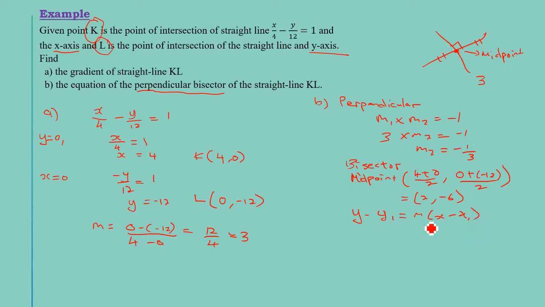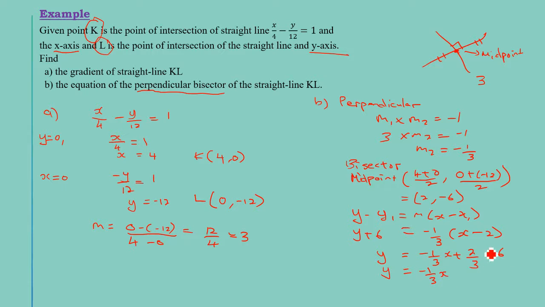Okay, now let's put it in. So y plus 6, because y minus y1 equals m times x minus x1, where m is -1/3 and x is 2, so x minus 2. Okay, let's simplify this. Put your y over here, the rest bring it across. -1/3x, multiply in 2/3 and minus 6. So what you can write it as